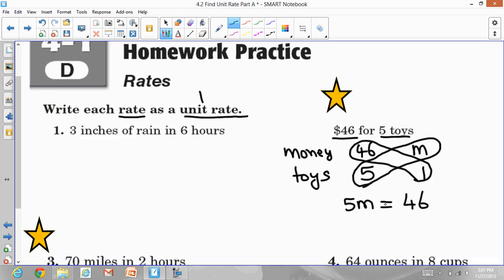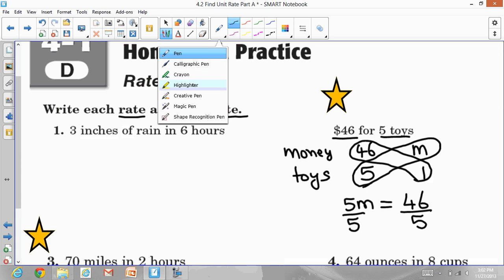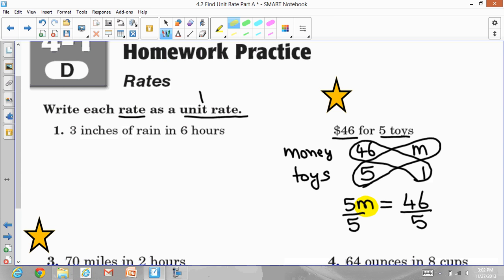5 times m. So 5 is multiplying. The opposite is divide by 5 and divide by 5. You want to get the m alone. You want to find what is missing, which means you want to basically find m. So you don't want this 5 to tag along. Get rid of this 5 by dividing it here and do the same division on the other side. Now 5 divided by 5, you cancel them out and you get m equals, so with just a basic 46